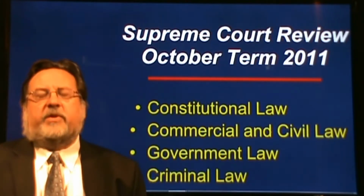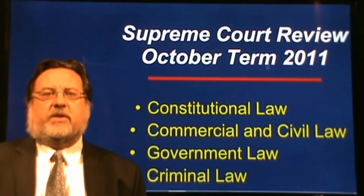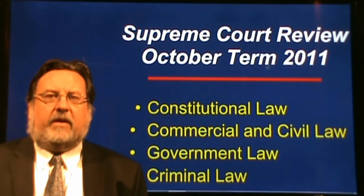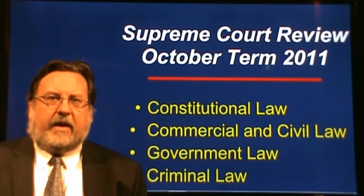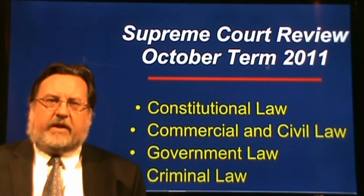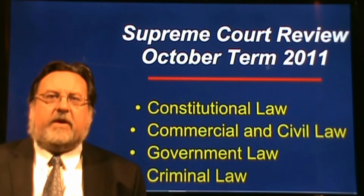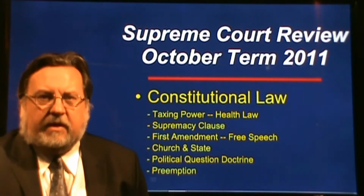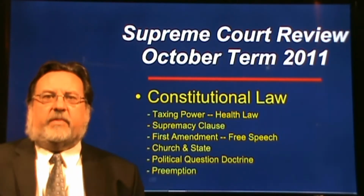We covered the October term in 4 separate installments, covering constitutional law, commercial and civil law, government law, and criminal law. In this first installment, we'll take a look at the major cases decided by the Supreme Court in the field of constitutional law. But before turning to those cases, let me make just a few observations about the Court's